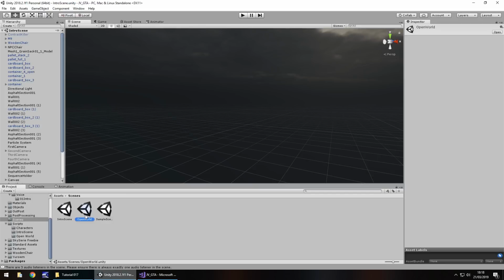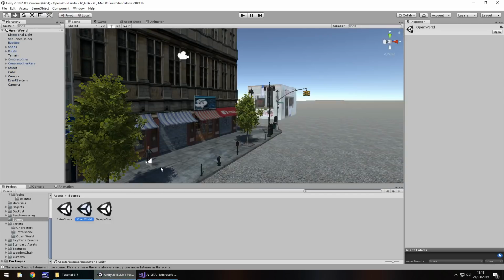So let's head back to our open world. And let's talk about the next tutorial. Next tutorial, we're going to expand this city a little bit more. You may have already done that, but I'm just going to take a couple of seconds, just kind of expand it so we have a city to explore rather than just this one city block. We'll look at triggers, and we're also going to look at picking up a gun for Lorenzo. So guys, until that next tutorial, thank you very much for watching.